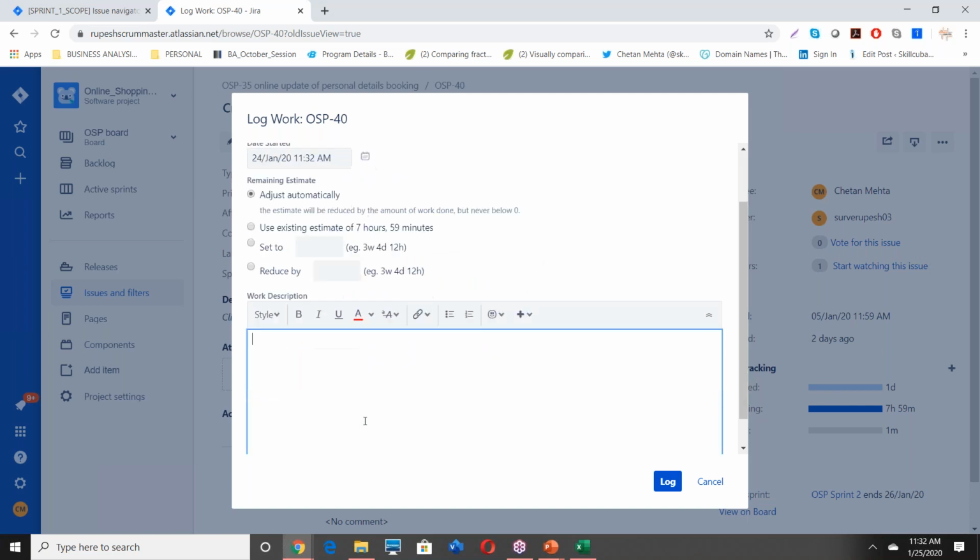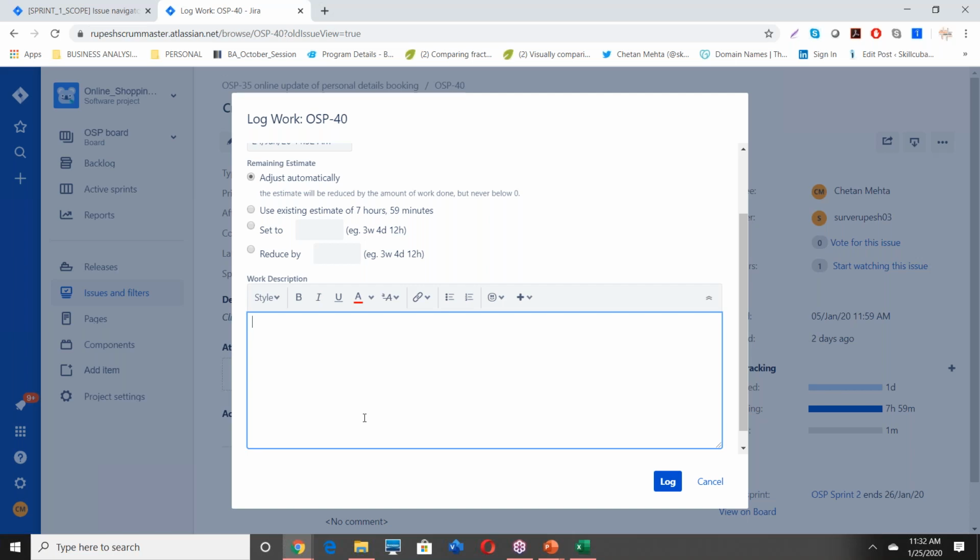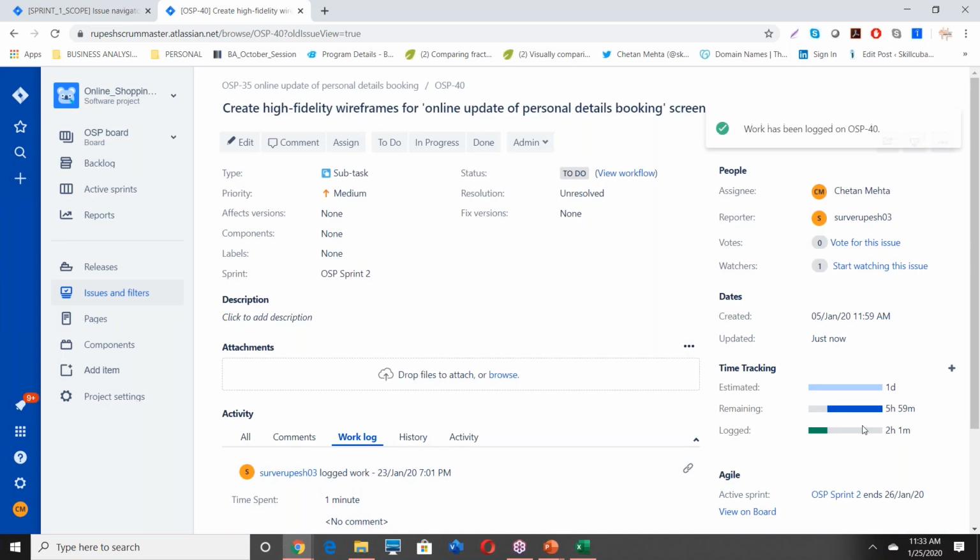And here you would put some relevant information about what you did. Work done in those two hours: creating the wireframes for, let's say, ABC module, and click on log.